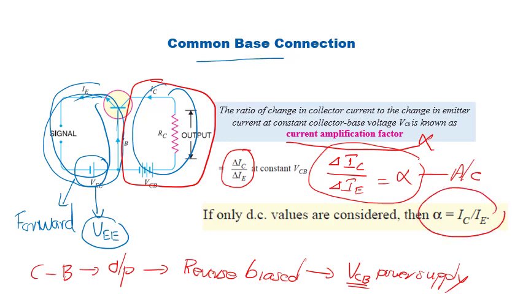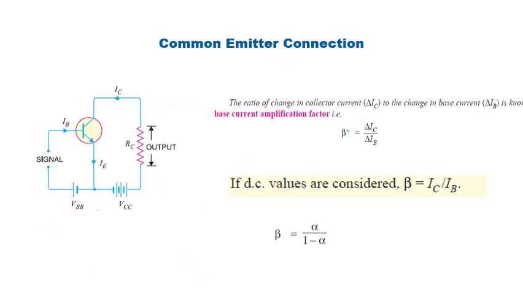Ratio of the collector current to the emitter current is the definition of alpha in the case of DC current. Now we have a common emitter connection, as in the case of common base connection. Here emitter is taken common for both input and output. Here this VBE will ensure the base emitter junction is forward biased, and this VCC will ensure that collector base